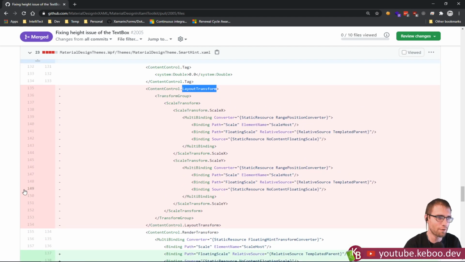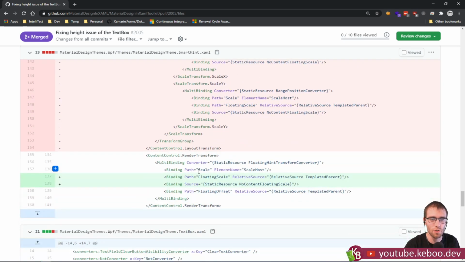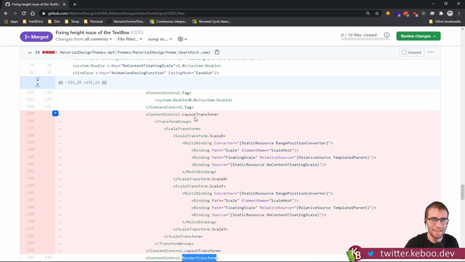But the layout transform will go through and actually change the size. The render transform will just change the way it looks. So if you take a render transform and you say, okay, translate this 10 pixels to the right, as far as layout is concerned, your thing is still 10 pixels back over to the left. It hasn't moved. So what I ended up doing is getting rid of this layout transform altogether, because the whole point of this,